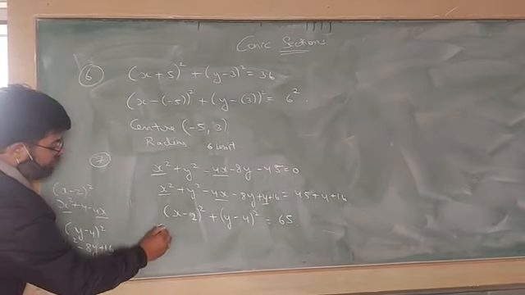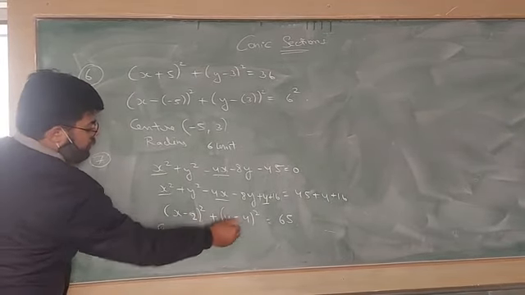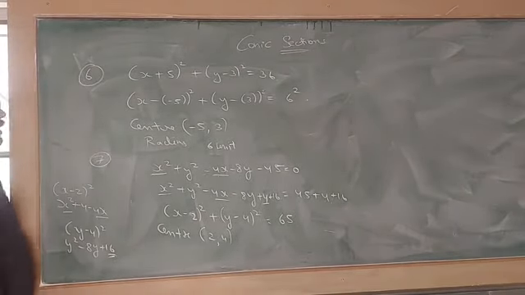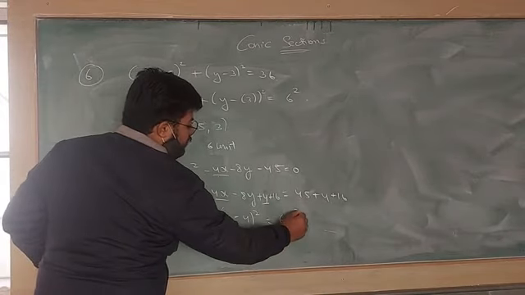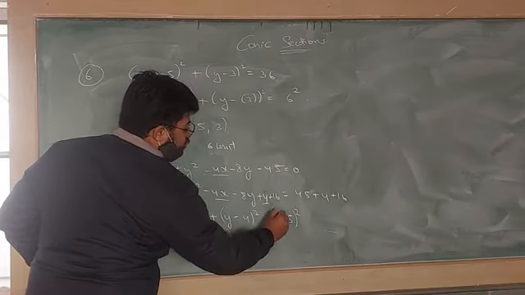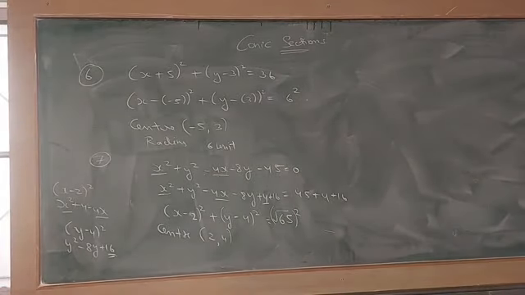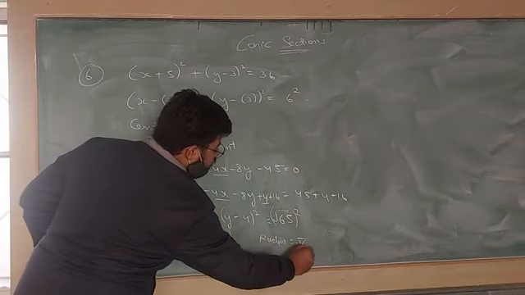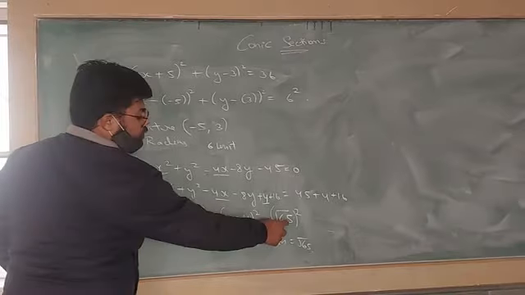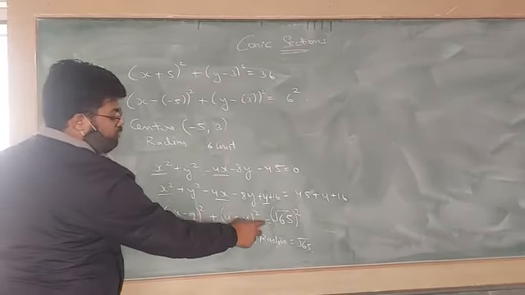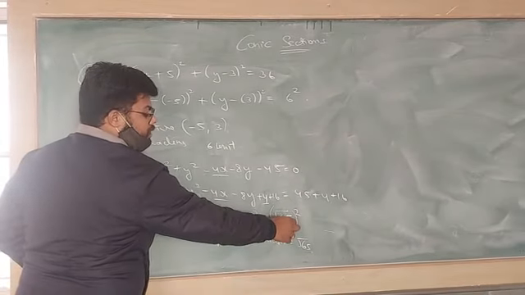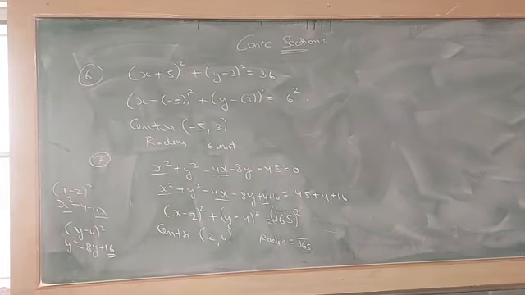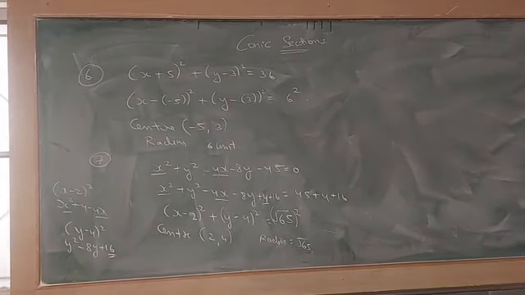So now here the center is what? If you see the center, h comma k, center is 2 comma 4, and radius. Here square will be there, so we can write the square like this, and radius is what now? Radius is root 65, because we have to mention the square also. (x minus h) whole square plus (y minus k) whole square equals to r square. So here only 65 is there. So we want the square, so we can write root with square. The number is same, only 65. So the radius is root 65.